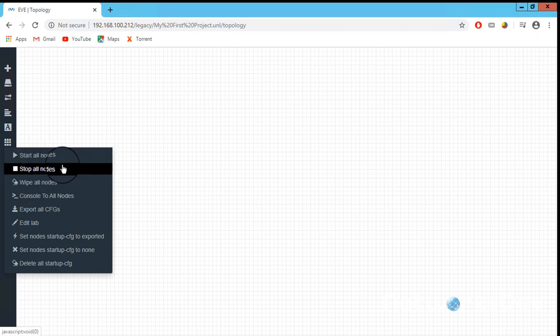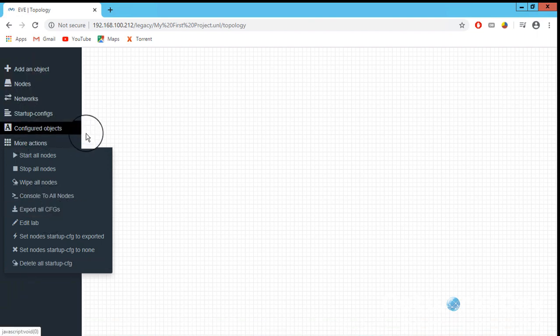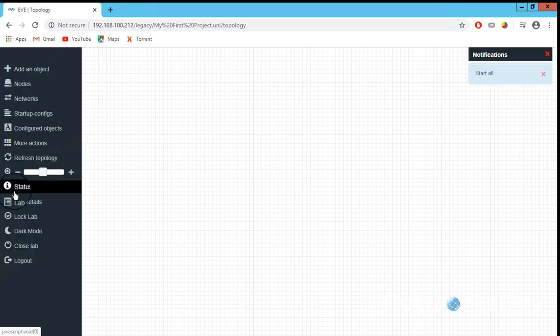With a single click you can stop all your devices. If you want to factory reset all your devices, with a single click all your devices are factory reset. If you want to open the console for the node, there are a lot of options available for you, and a lot more status I already showed you.